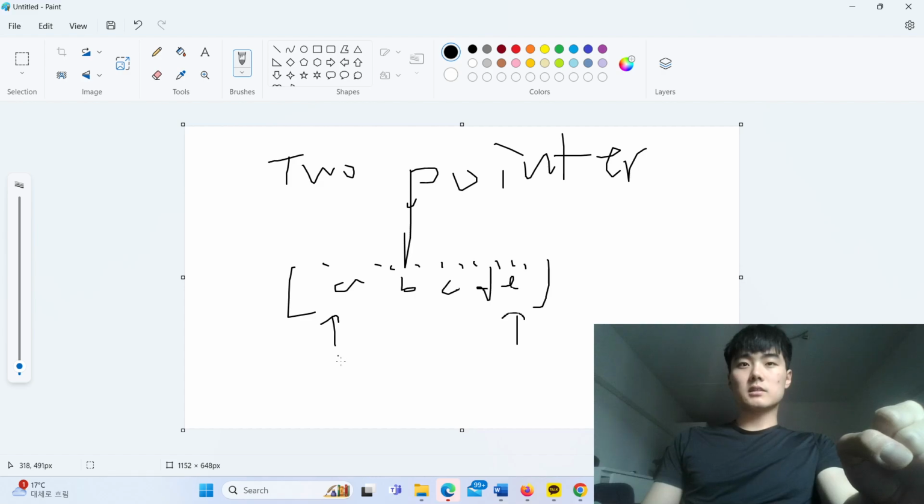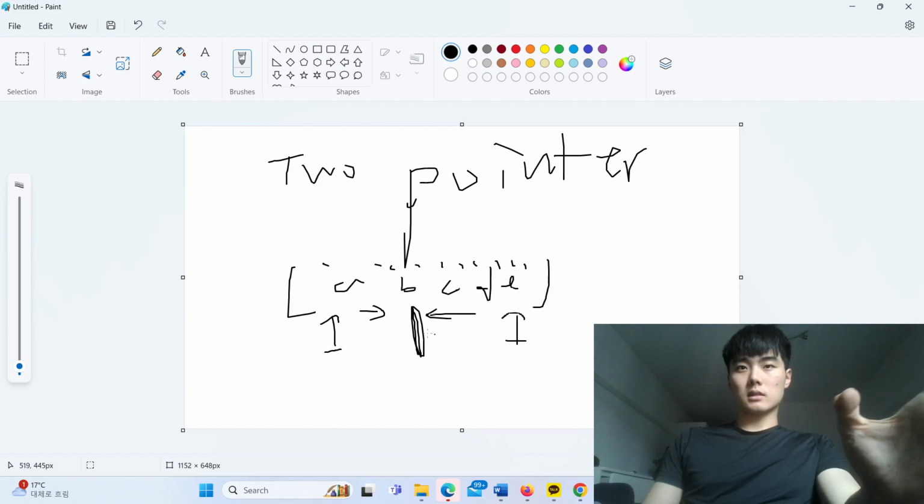But the basic is this. And depending on what the problem asks, you move the position of the pointer towards the other pointer, like this. And when it meets up, that could be the solution of the problem, given the problem is asking for that,